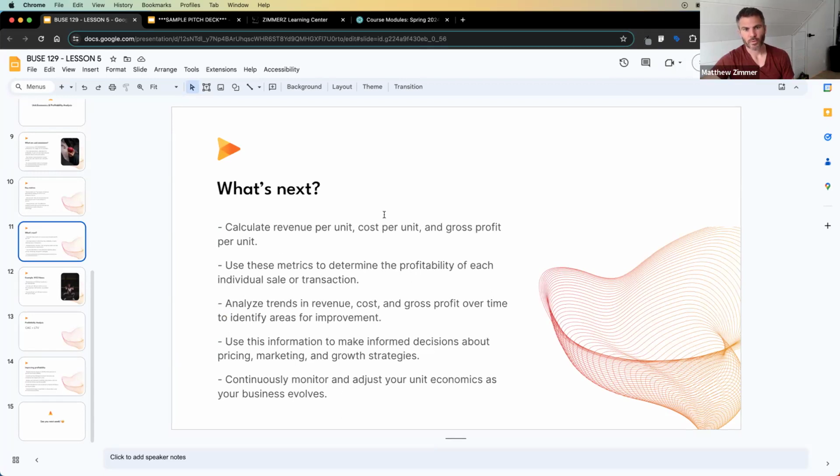So again, once we've calculated those units, the gross profit's going to tell us the profitability of each transaction that we create. And we want to analyze these trends over time if we're operating, to see how things move. If we're able to drive costs down, and we can see that on a per unit basis, that can really help us